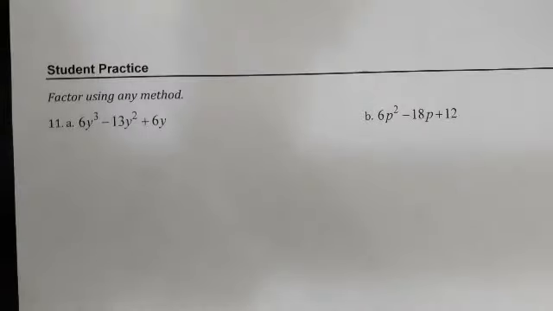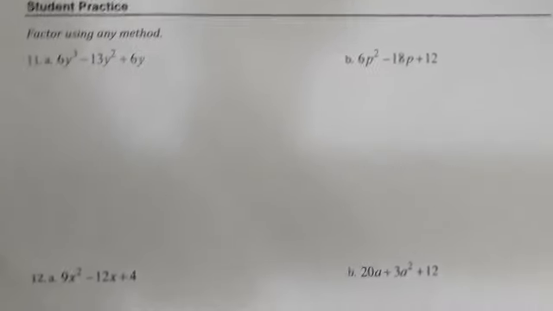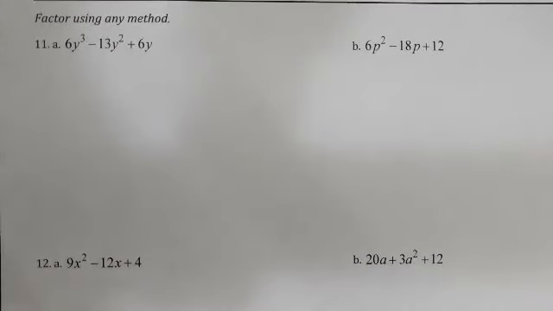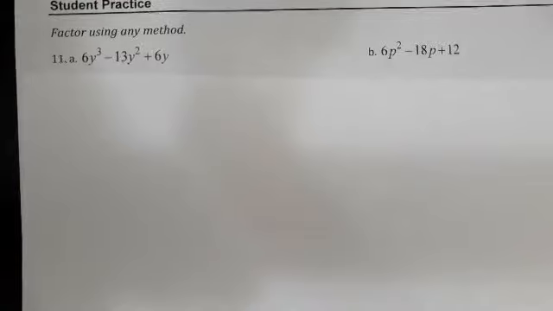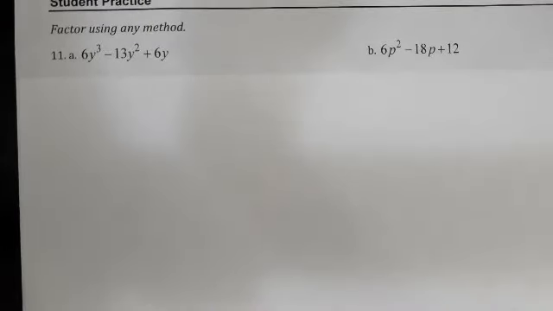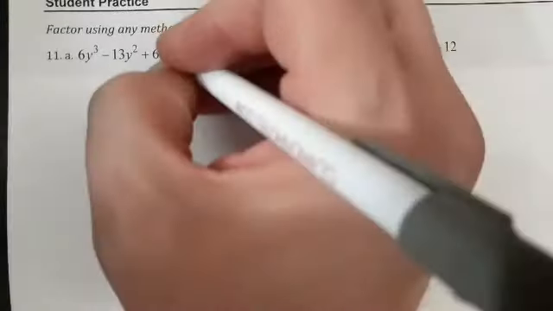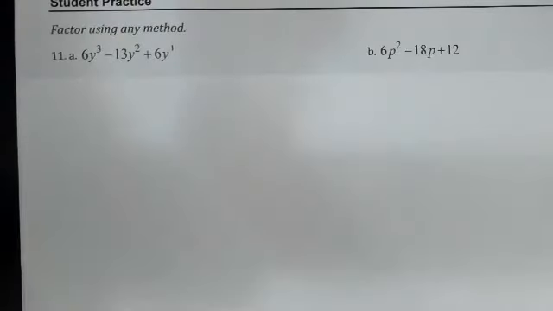There's a common factor of 4 terms. Factor using any method. Okay, so we're going to use the AC method, probably. But the first thing, before you do any sort of factoring, is we want to find the greatest common factor. So we look here, do these have a greatest common factor between 6 and 13? There's going to be no constants. But if we look at the y's,